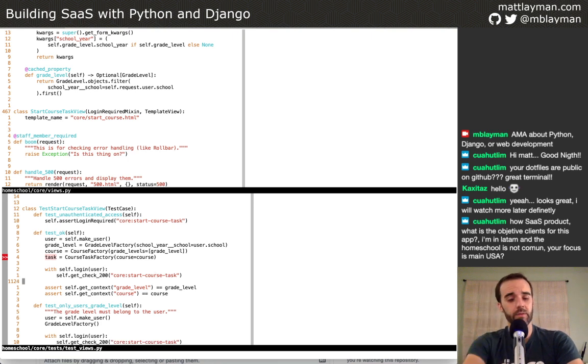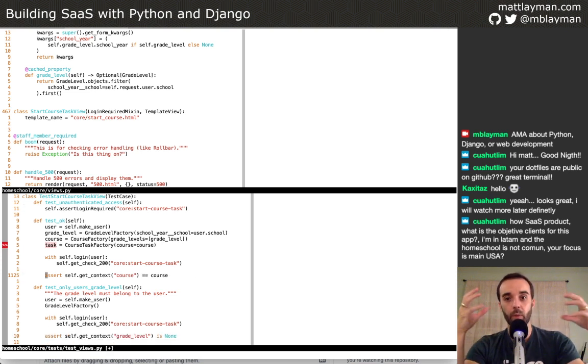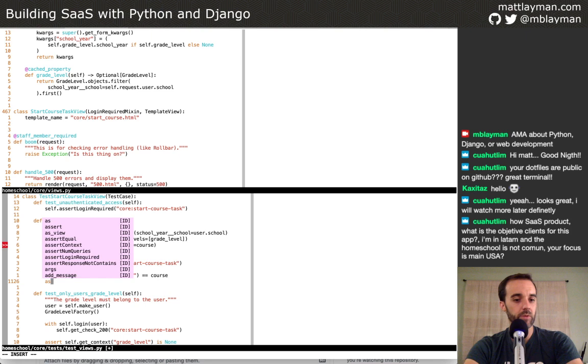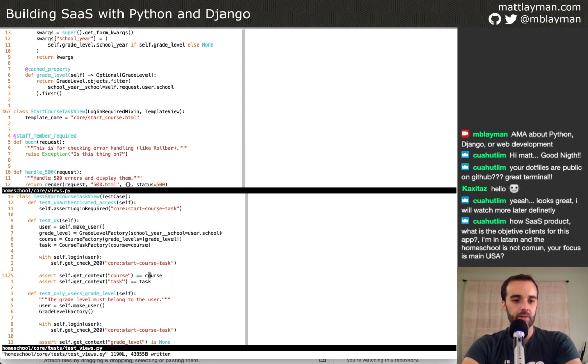We don't care about the grade level in the context, but remember, we want to check two things. We want to check the precondition: there is a course, and that's going to be needed if we need to display the form and automatically fill it in. And we want to check the postcondition of a task that's already created. So we will want to assert that the task is in the context as well. So I'm going to call it task and give it that. And this should fail